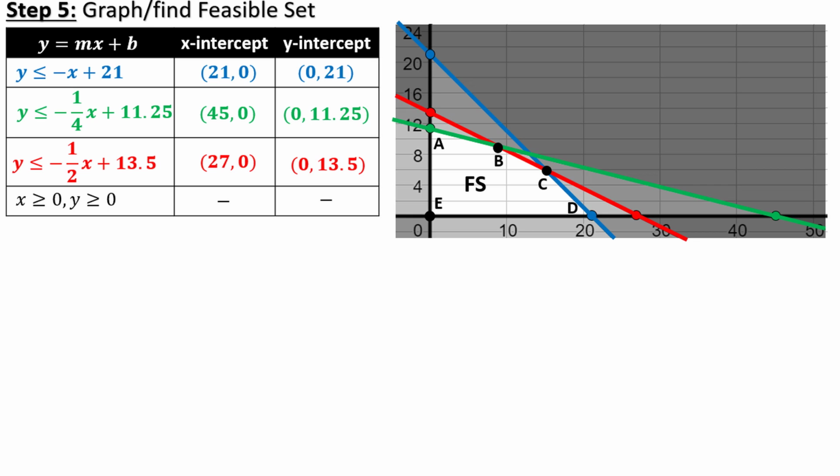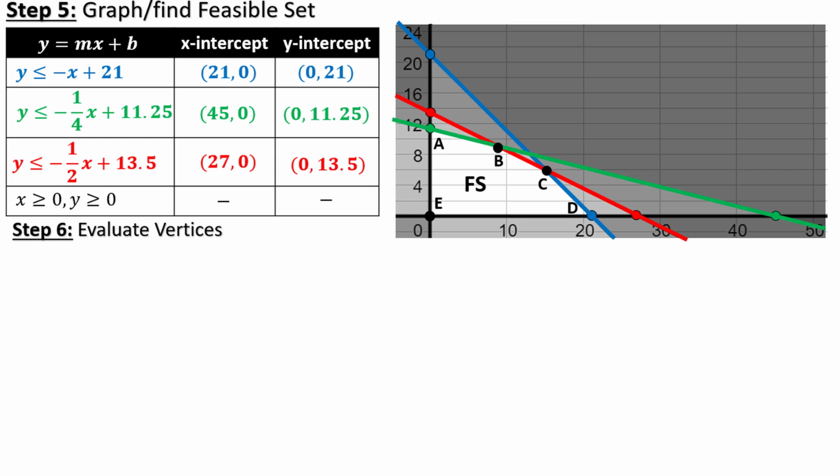By the fundamental theorem of linear programming, the maximum of our objective function will be found at one of the vertices of the feasible set. So the maximum profit will occur at one of these 5 points. The 6th step is to determine what these vertices are and to evaluate them inside the objective function to see